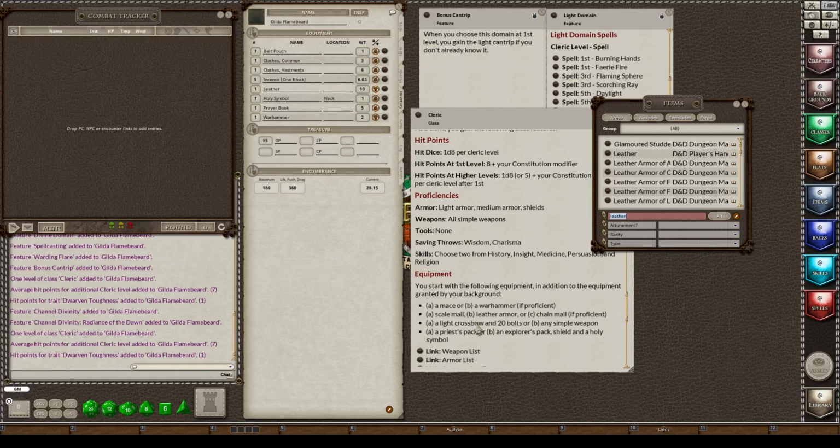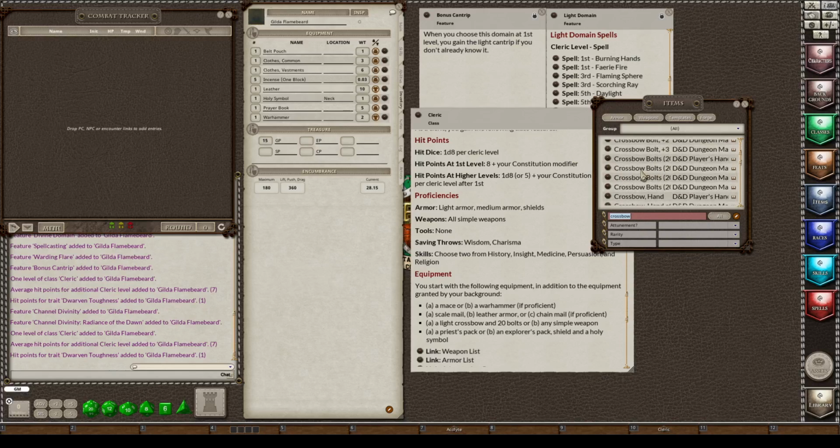And it says I get a crossbow with 20 bolts, or I get a simple weapon. Now, I don't know about you, but I like to have a ranged weapon in my inventory. So, crossbow. And I'm going to start with the 20 crossbow bolts.